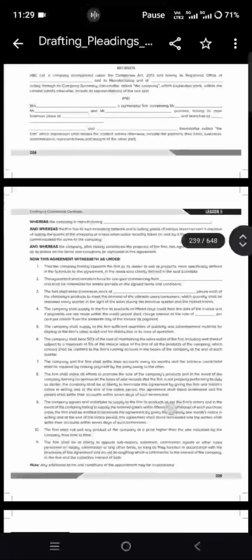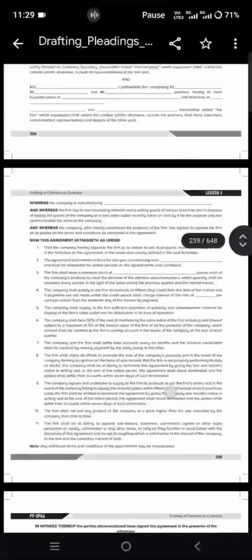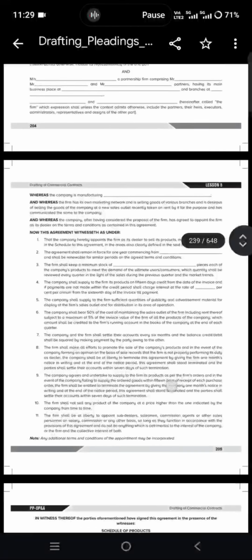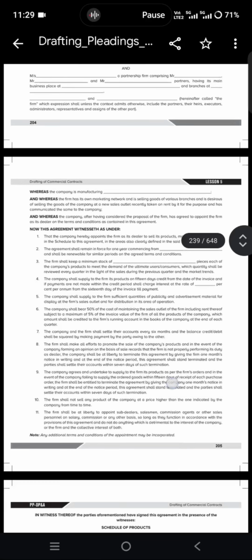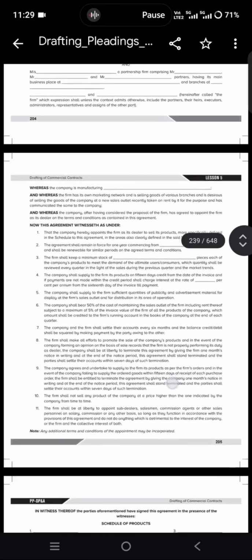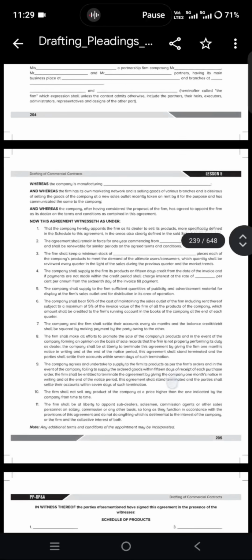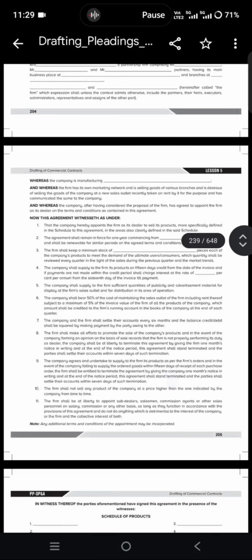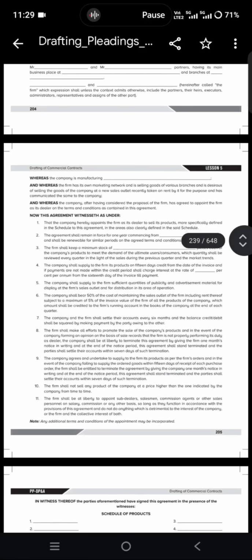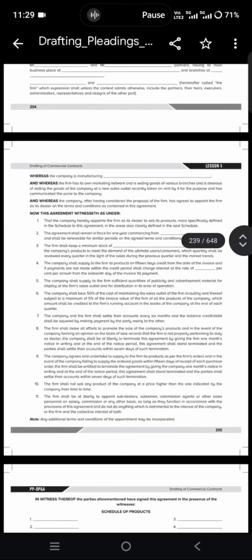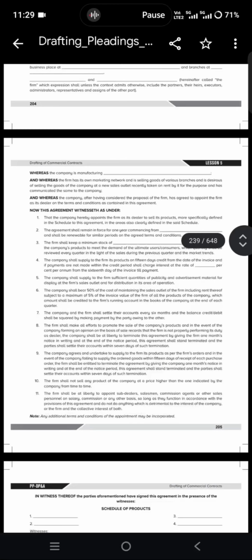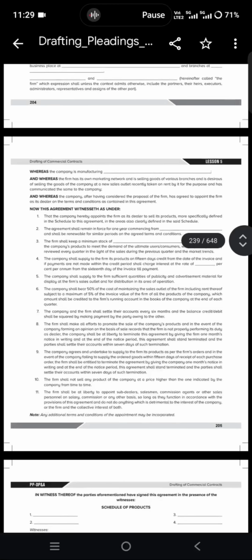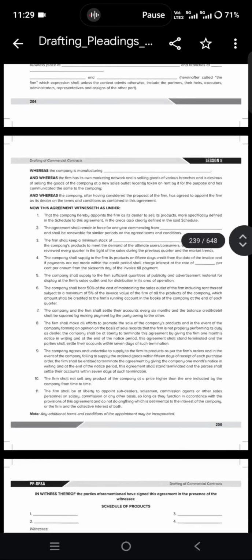Distributorship means the legally binding contract between the supplier and the distributor, in which the distributor purchases items from the supplier in order to sell them to the retailers. And in distributorship, there are two types, exclusive and non-exclusive. Non-exclusive means in an area there are many distributors. Exclusive is for a particular area where there is only one distributor. So the agreement between the manufacturer and the distributor is a distributorship, and the agreement between the distributor and a dealer is a dealership.